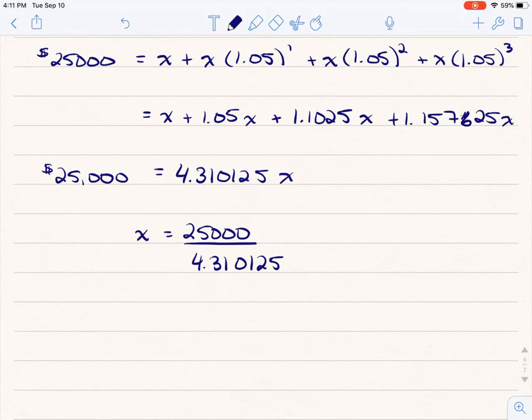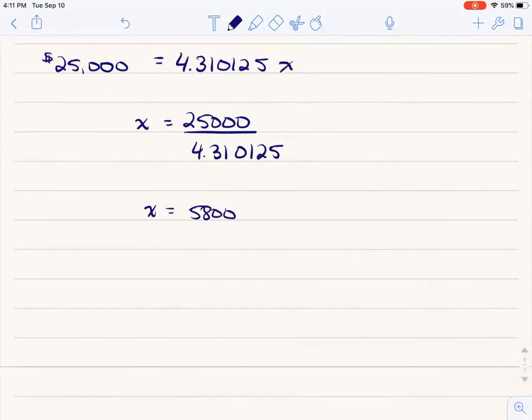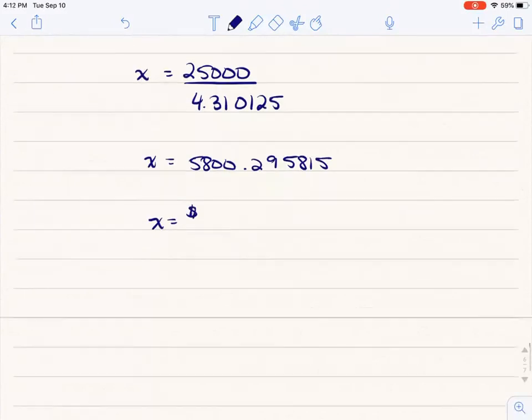So we've got 25,000 divided by 4.310125. X is 5,800.295815. Pardon? That's right. Because it's money, 25,000 divided by 4 point whatever is still going to be money. And so at the very end, what we're going to do is round properly to 2 decimal places. And so X in money is going to be